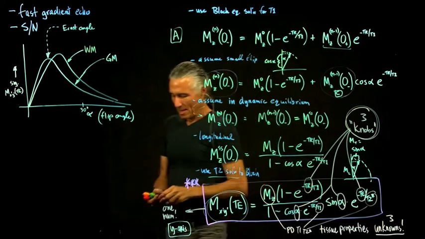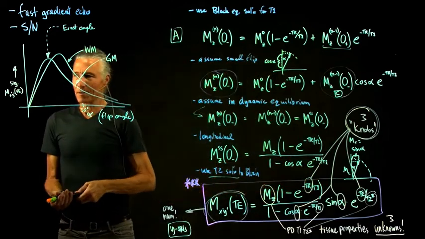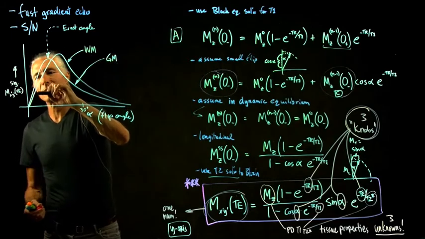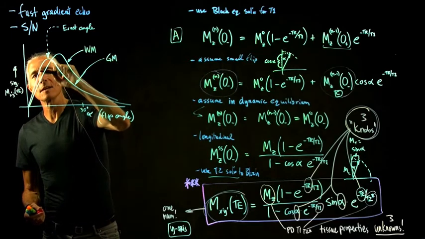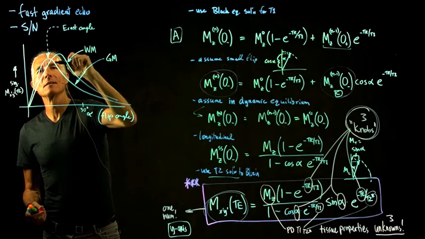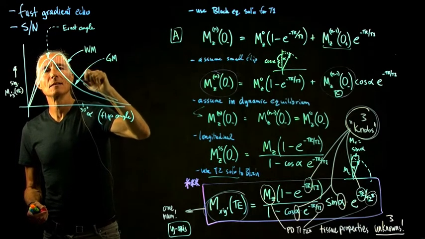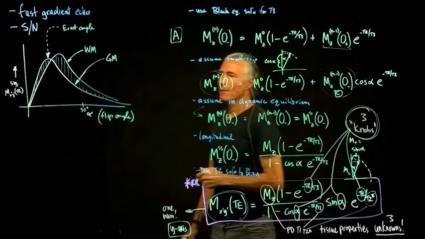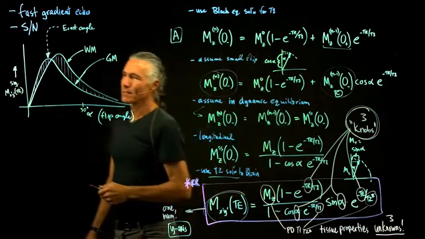So now what are we actually looking for? We want contrast. And what is contrast? Contrast is the difference between these 2 guys. And so actually what we want is contrast. So if we plot that difference,